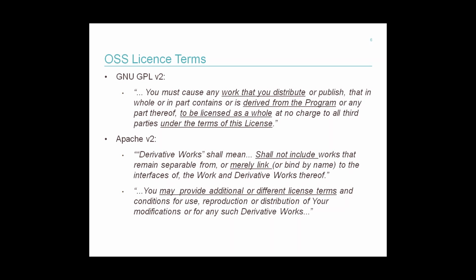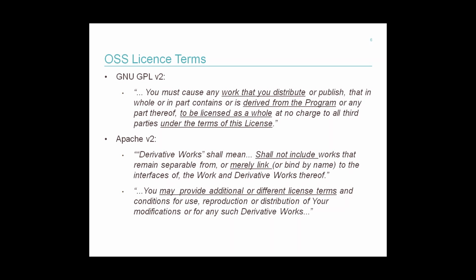So if you distribute something that is even partly based on the original open source software, it compels you to license the entire software, so not only the open source part, but even your own proprietary work, on the same terms as the open source license, which means you have to disclose all the source code. And obviously, most companies don't want to do that because they lose their competitive advantage. Other people can start replicating it or see how the software works.